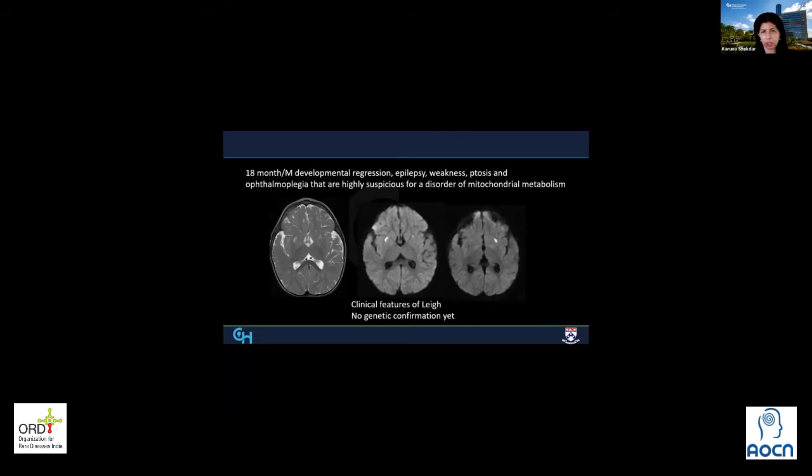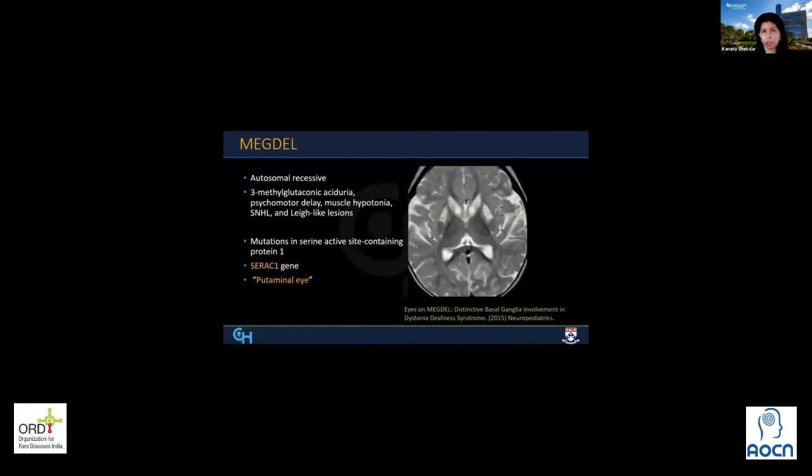18-month-old with regression and weakness, ophthalmoplegia, and the clinical symptoms were highly suspicious for a mitochondrial metabolic disorder. And there was signal abnormality, but it was just in the anterior putamen. And the clinical features were Leigh-like, but there is no genetic confirmation yet on this condition. And we thought that we knew everything about Leigh's, and then suddenly there is this other condition that we